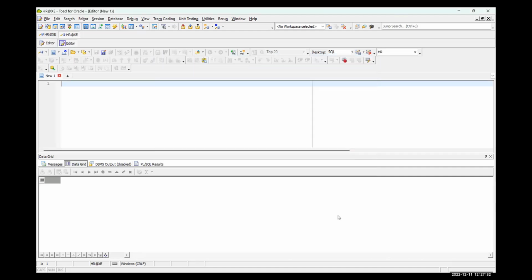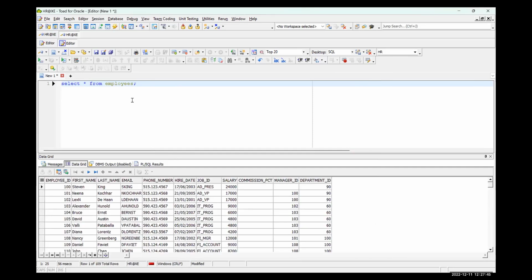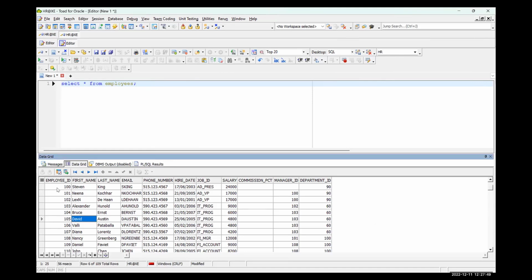This is the editor screen of my Toad application, and I'm writing a query here: select star from employees. I pressed Control Enter and executed the query. If you see, this is the data of your employee table: employee ID, first name, last name, email, phone number, hire date, job ID.